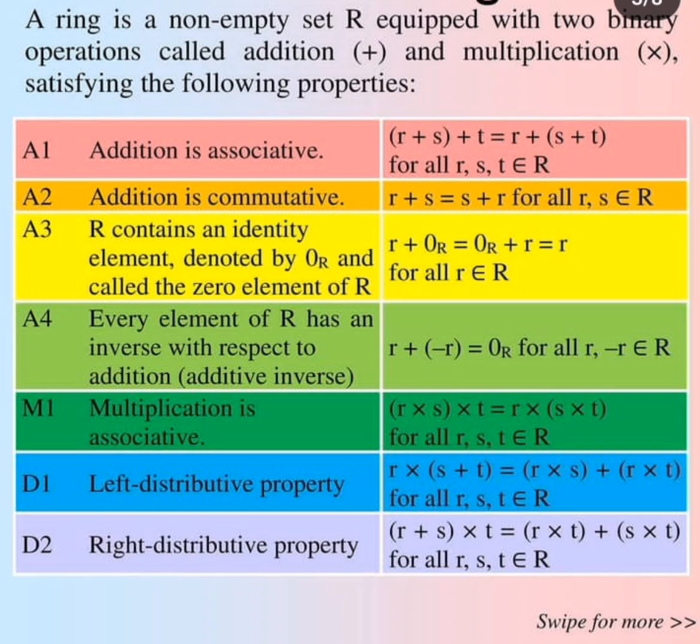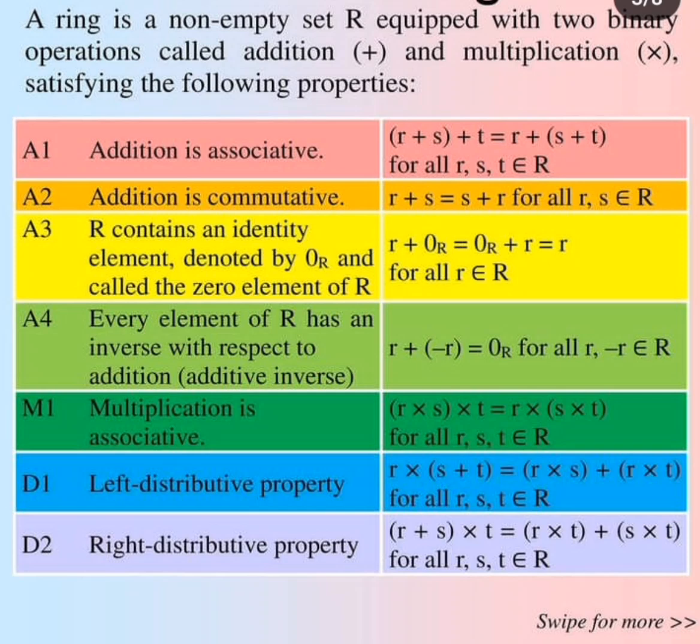We can have an additive identity element and a multiplicative identity element. But in this case, the identity element is additive. So 1 plus 0 is 1, 2 plus 0 is 2, 3 plus 0 is 3. So all of those zeros are referred to as